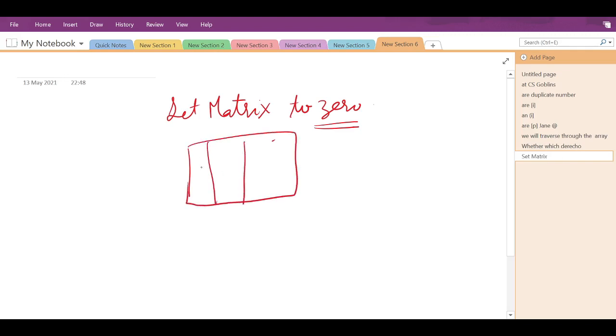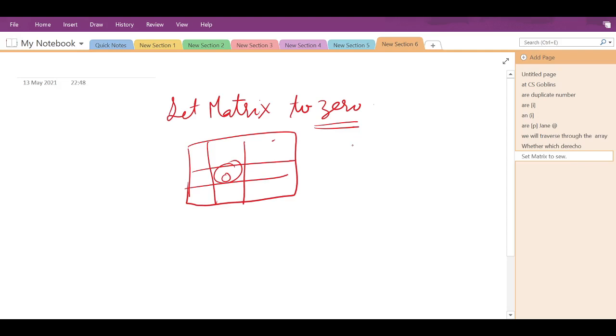What could be the brute force approach? If we traverse through the matrix and the element is 0, we will record its row I and we will record its column J.